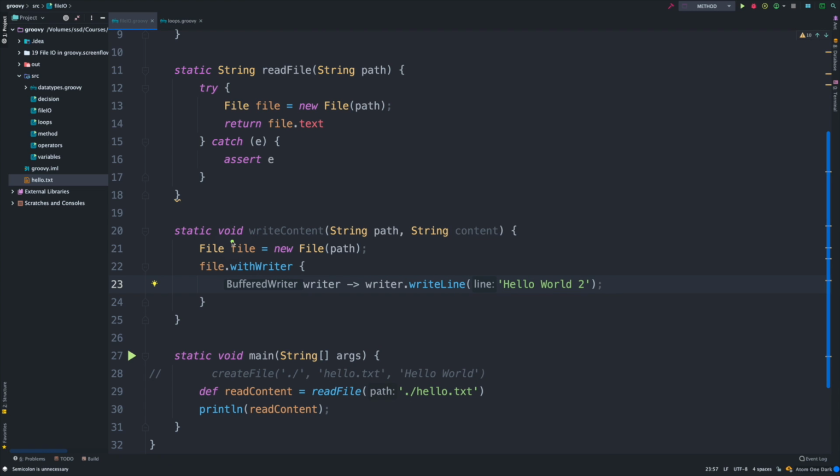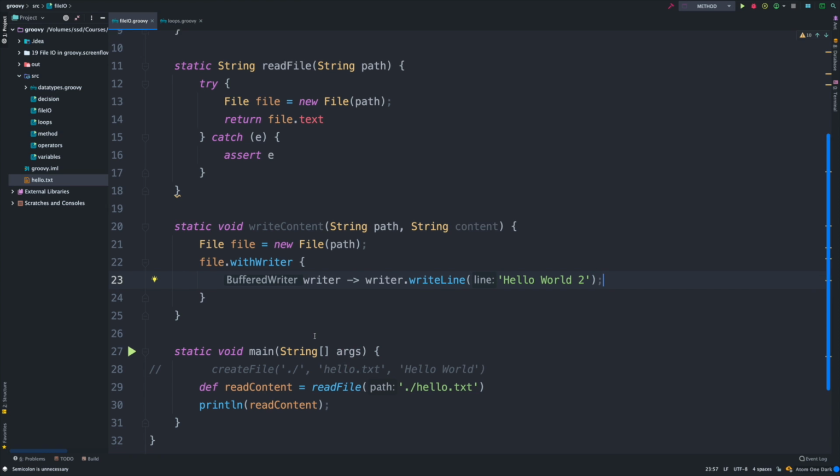So what we're doing here is we are creating a new instance of a File with that particular path. Then we're using that file and we're calling this method withWriter, and we're using the writer property of that, and then we're calling this writeLine function, passing the value that we want to write to the file.